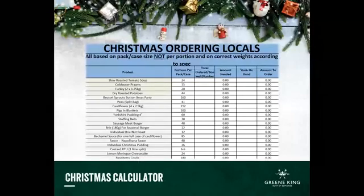For those that are new to locals and new to mainstream, the Christmas calculator is a tool we've used for the last couple of years, and we use it in other brands as well. It's basically an Excel spreadsheet that I'll send out to you with all the dishes in for festive fare on Christmas Day. What you need to do is, say for example you've got a party for 100 on one Friday night, you put in how many turkeys you need, how many soups, how many prawn cocktails, and it'll work out how